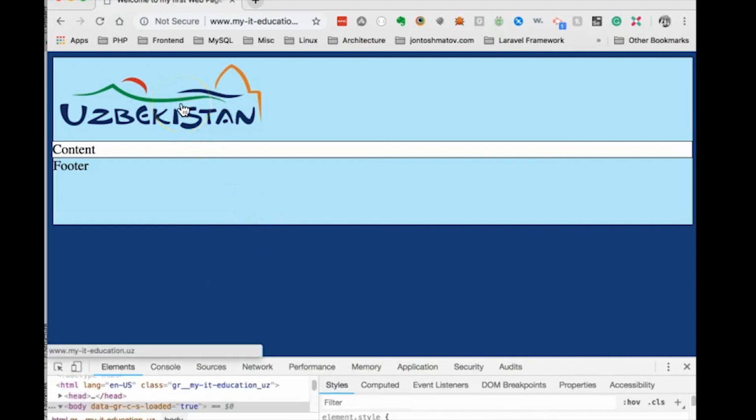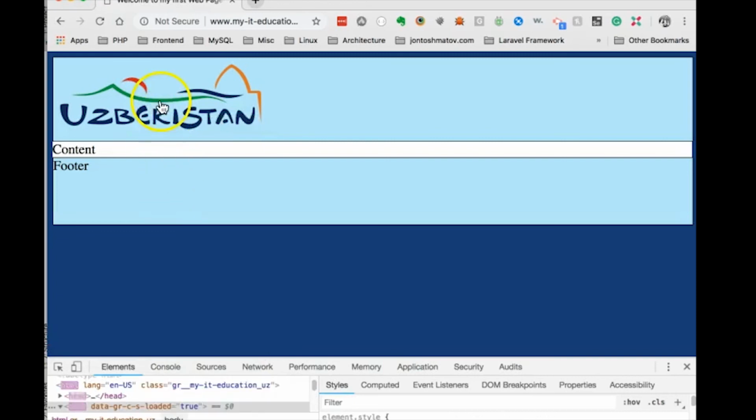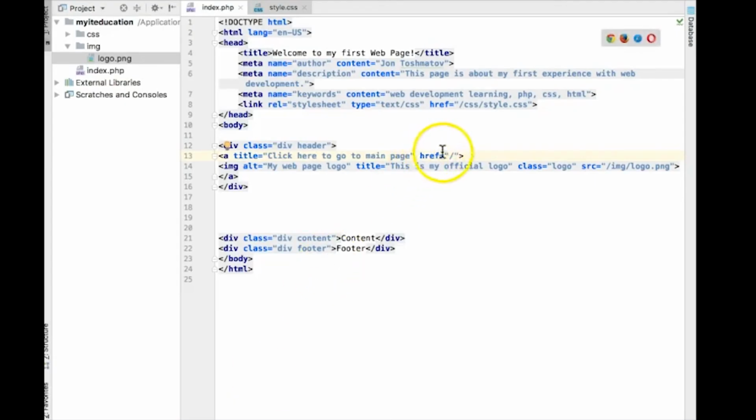Now if I refresh it, look at the cursor change. The cursor changes to a pointer. Now if I click on this, boom, it's clickable. It takes you to the main page, which is this page. I can actually forward to anywhere else if I wanted to. Say if I wanted to take it to